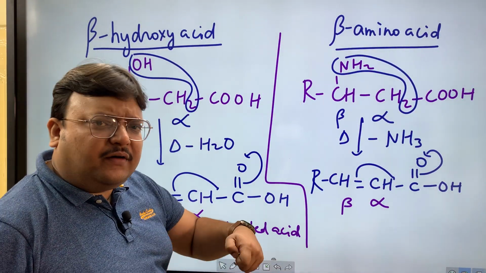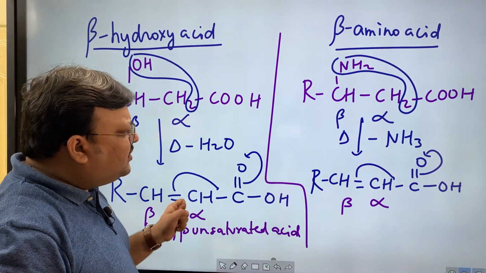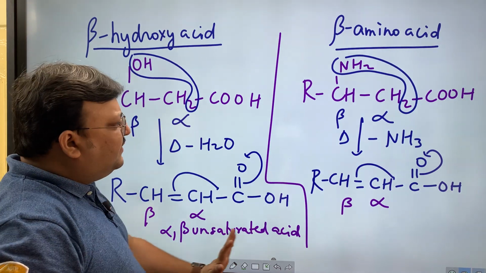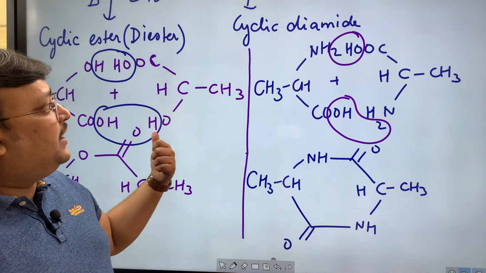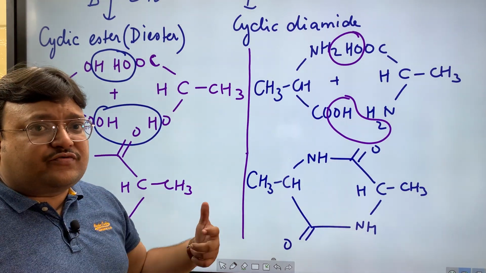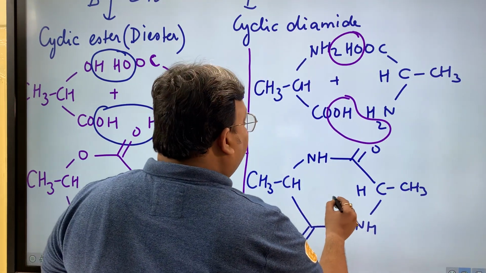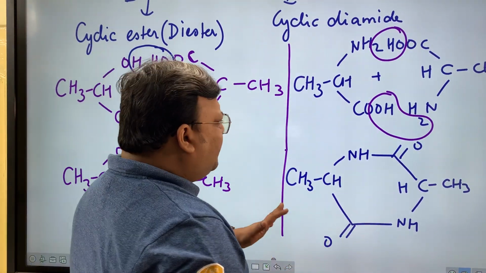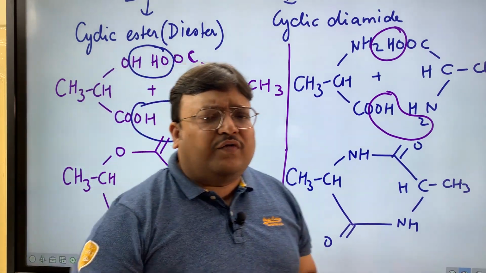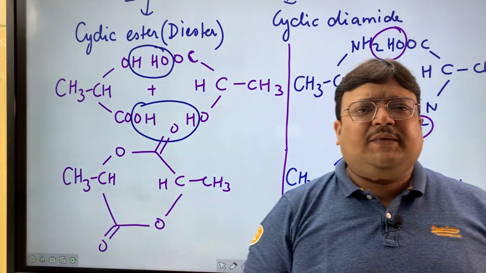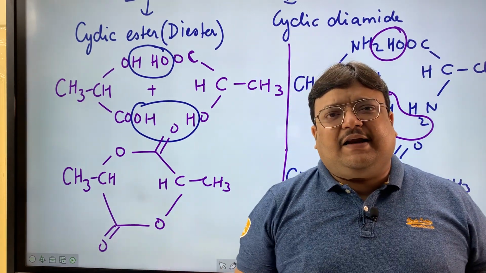Now beta is a different case, dehydration, deamination, and you would know about the stability of such compounds. Resonance, alpha beta unsaturated acid, and certainly for alpha hydroxy acid, we wanted 2 moles to lose 2 moles of water to form cyclic diester or cyclic diamide. Yet again, the reason for the formation of cyclic diester or cyclic diamide could well be the stability of the 6-membered ring. I hope this video is going to help you in all questions based on the heating effect of hydroxy